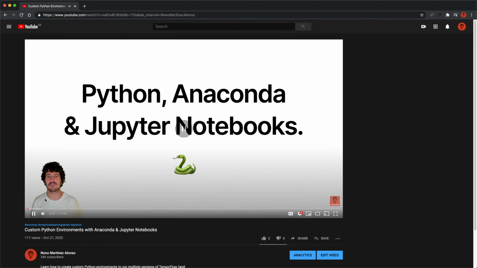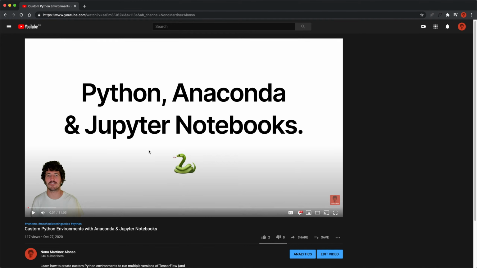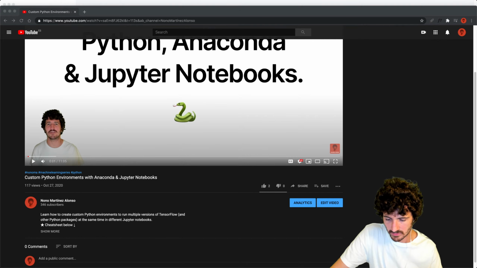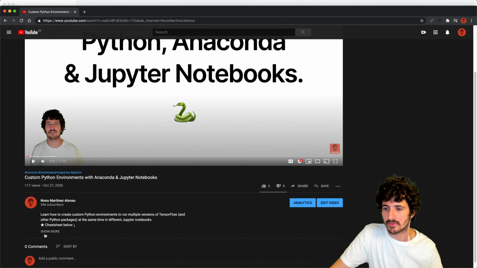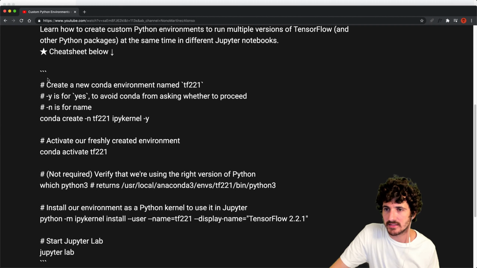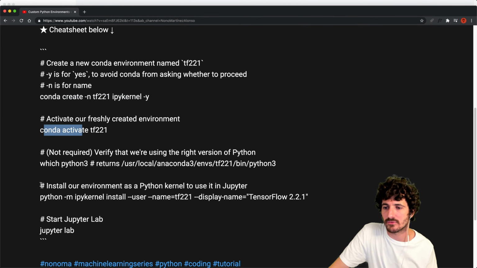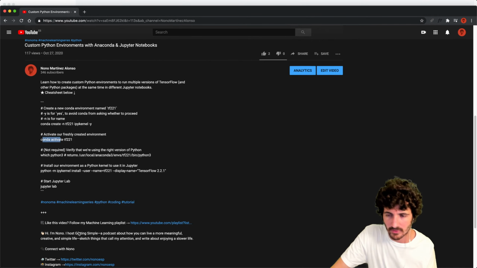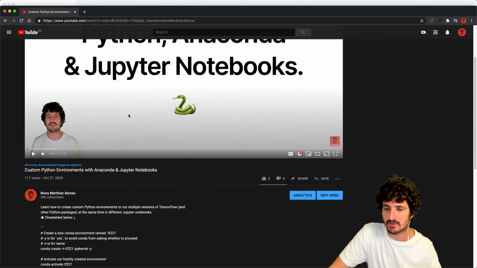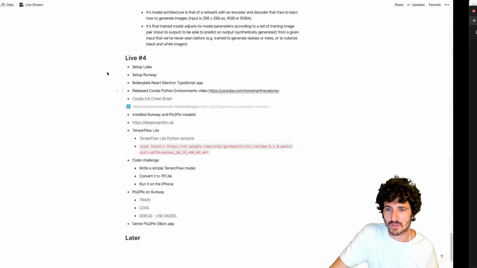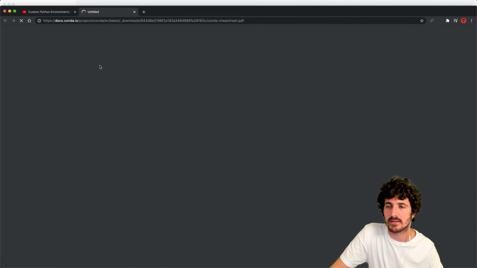This is a crop of that. It's like a shorter, 10-minute version of how you can create custom environments with Anaconda and Python to use multiple versions of TensorFlow on the same machine at the same time. And if you go to the video description, you'll see here that we have a cheat sheet, and the cheat sheet shows the commands that you have to run to do what I did, right? That's a summary. The too long didn't read, but if you want more detail, you can go on and watch the video. And the other goodie, the other thing that I also discovered that is super handy is this